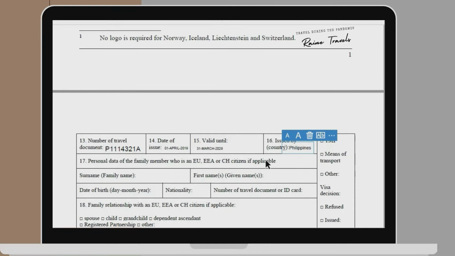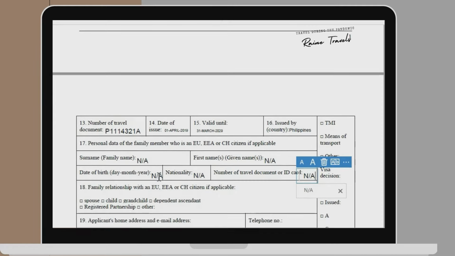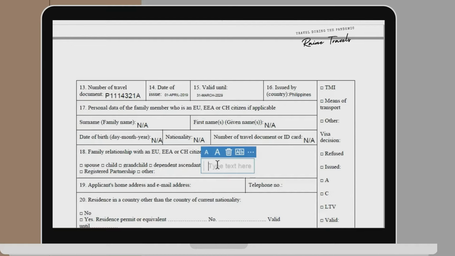Your personal data of family member who is in the EU, EEA, or Switzerland, if applicable. So this is for a tourist visa who does not have any family member in the EU. So let's say not applicable. Since it's not applicable to all of them, just write an N/A. So here as well,